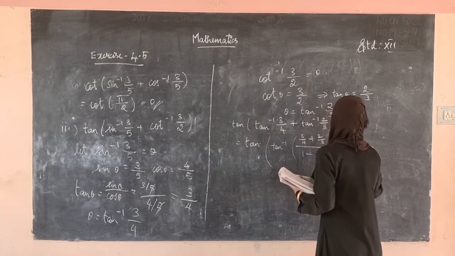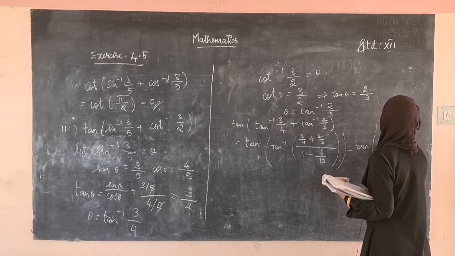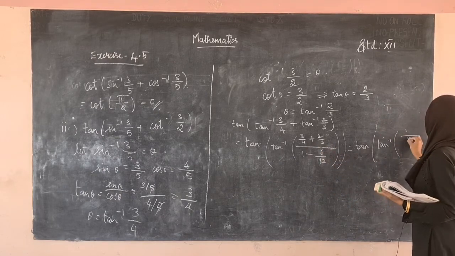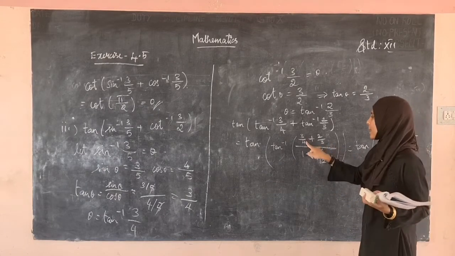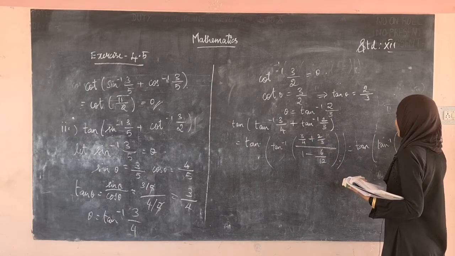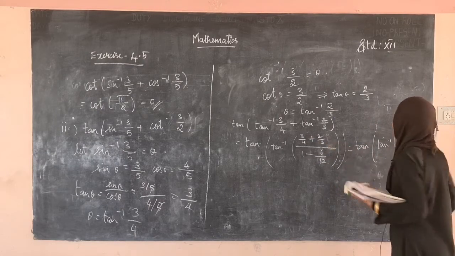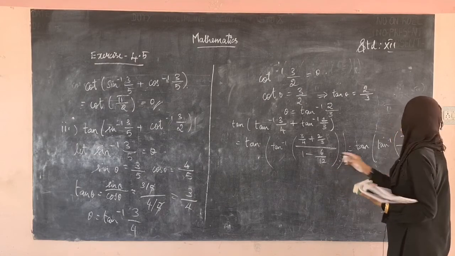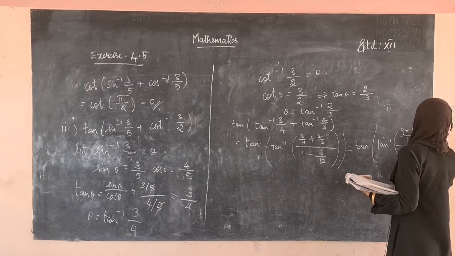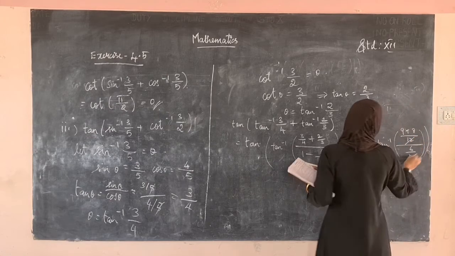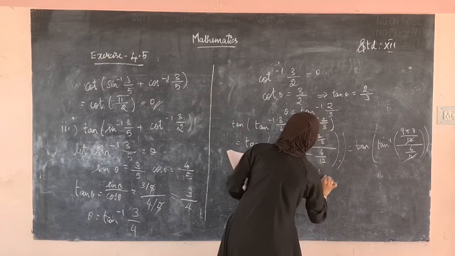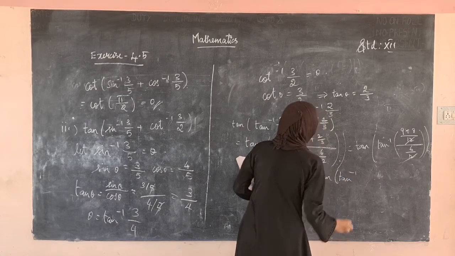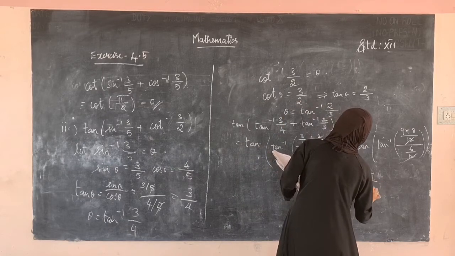Okay, then tan inverse of, we have to simplify this, taking LCM, what does it become? It is 12. So this should be multiplied by 3, therefore 9, this should be multiplied by 4, plus 8 divided by, taking LCM, 12 minus 6 is 6 divided by 12. See here, this 12 and this 12 get cancelled. The value will be tan inverse of 17 divided by 6.